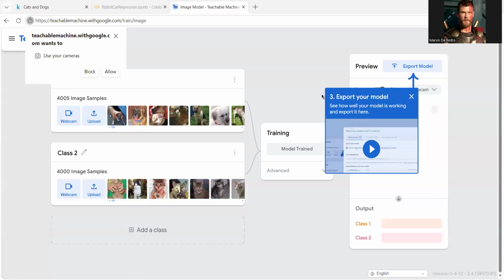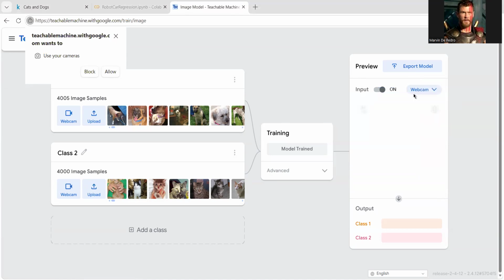And hey, we're done with the training part. Now we are asked to export our model once we are okay. So we have a video tutorial here if you want to see that. But in the meantime, before we export our model, we want to select based on our files.